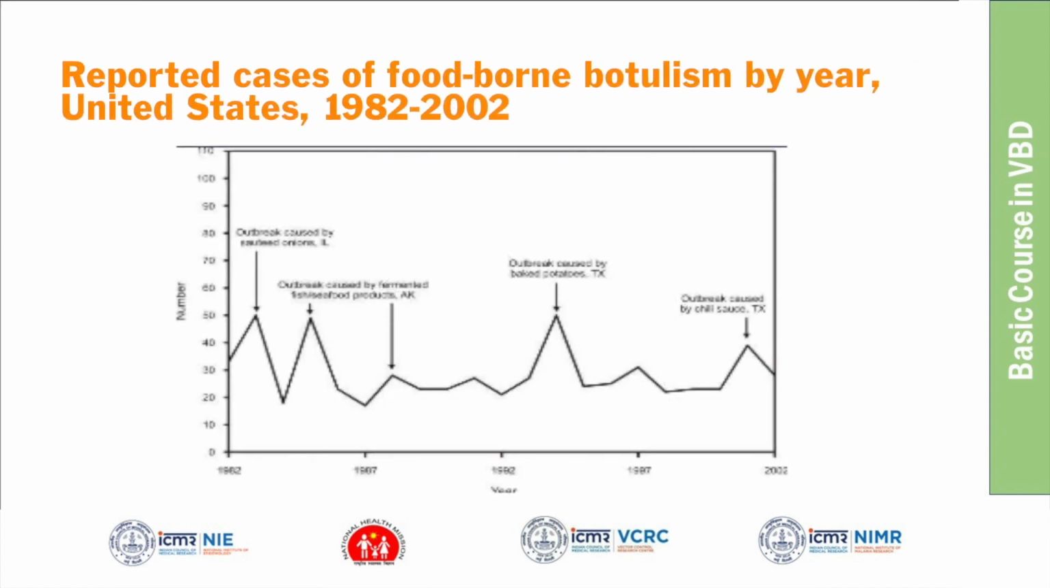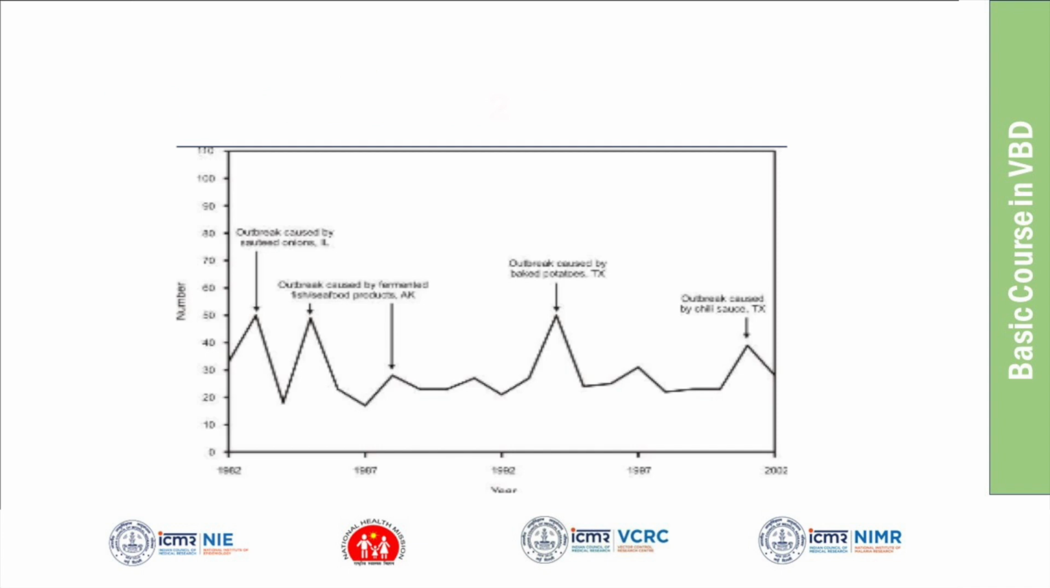Another use is outbreak detection. We also discussed that this data is used for outbreak detection. We can see that from 98 to 2002 there were many outbreaks, like fish and seafood outbreaks, bagged potato outbreaks, and chili-related foodborne outbreaks. We can see that surveillance data is used to detect epidemic outbreaks of any disease